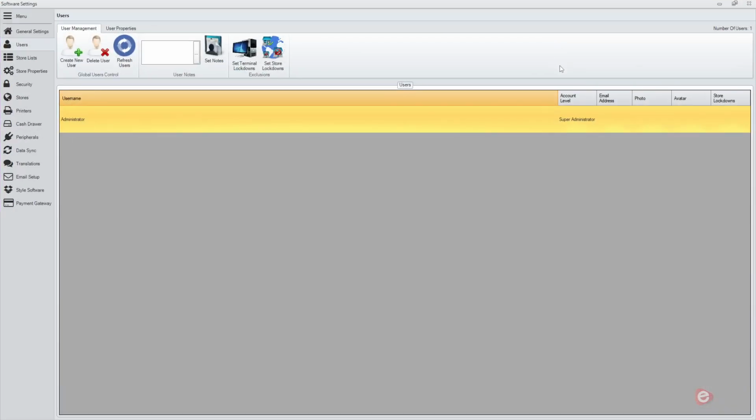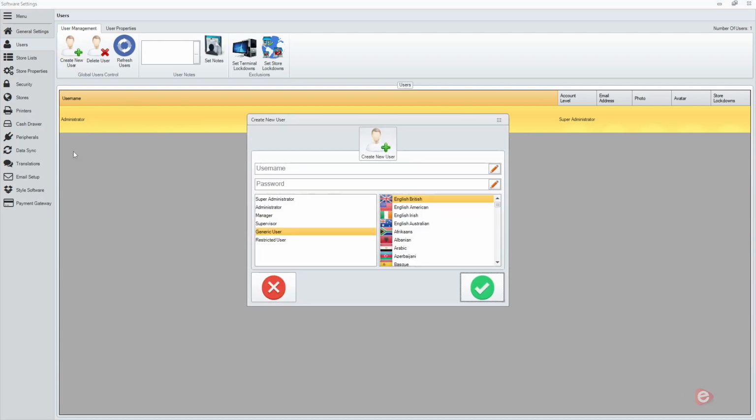What I'm going to do is maximize that, make it bigger. And these are all the users in the system. Your administrator password will be the default password when you first install the software, or set up the account, I should say. And if you want to create a new user, you click Create New User in the top left here. So here we have to give a username, so you can click the pencil if you haven't got a